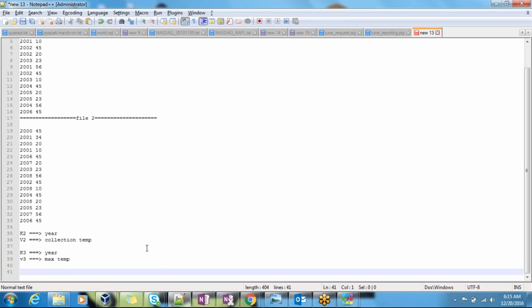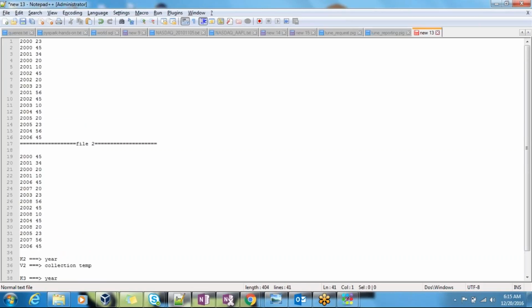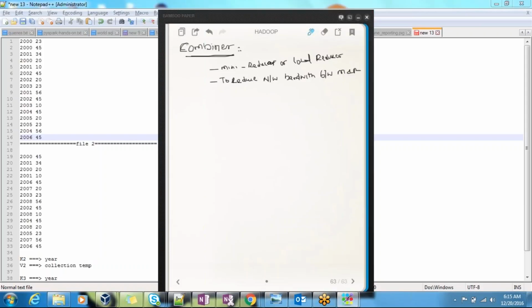Understand the problem statement, guys? Yes or no? So if you process like this, what will happen? Let's assume that multiple mappers are launched. Let's say I take 3 mappers.